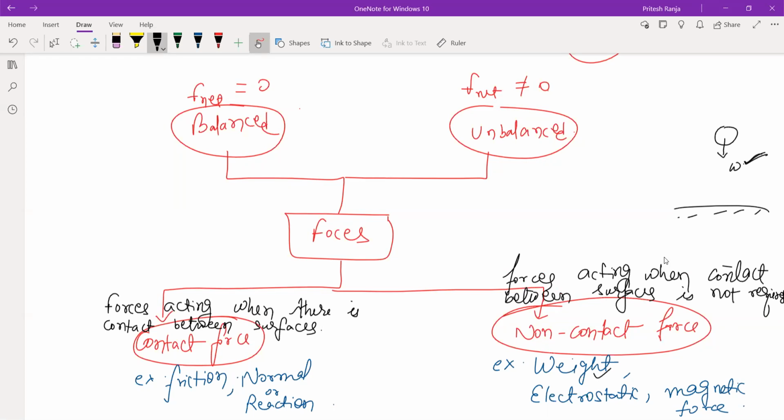क्लियर है सभी को कॉन्टैक्ट फोर्स एंड नॉन कॉन्टैक्ट फोर्स? Right, so you should remember the 4 types of forces depending on whether it is balanced or not, whether it is in contact between the two surfaces or whether the two surfaces are not in contact. Okay,